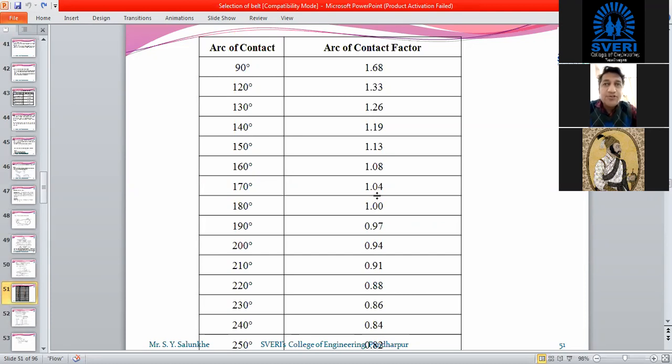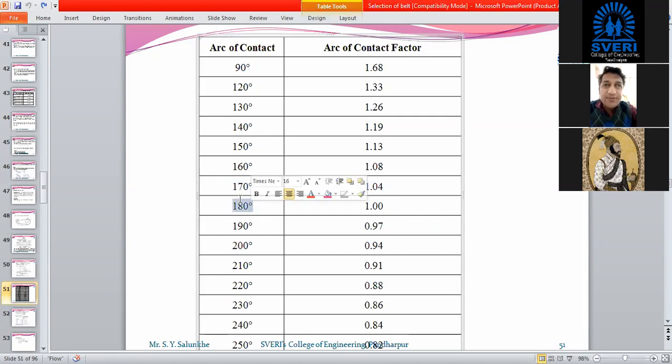By means of interpolation it has been calculated, because this value lies between 170 and 180. That's why interpolation has been done for the 1.019.